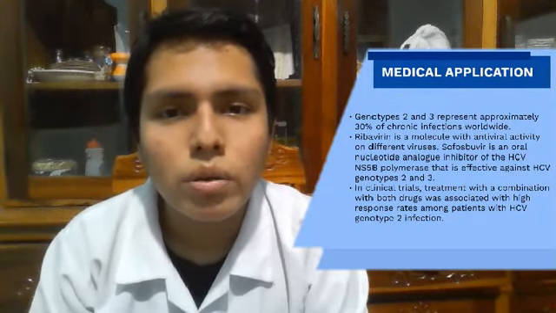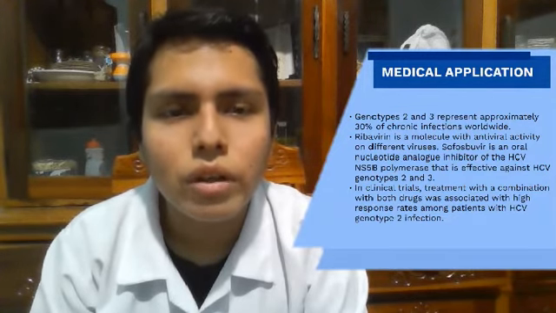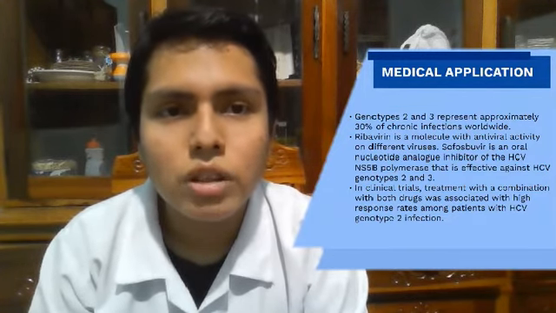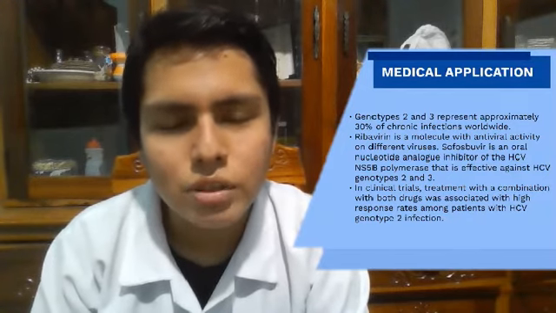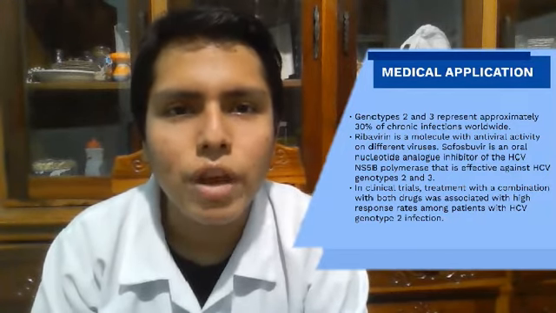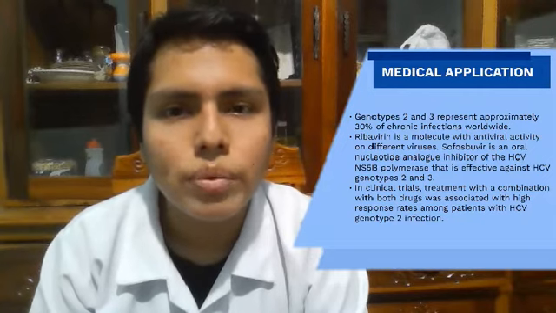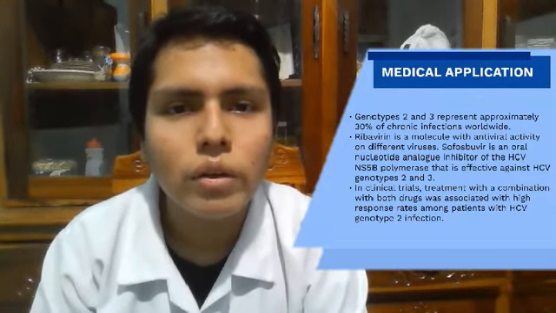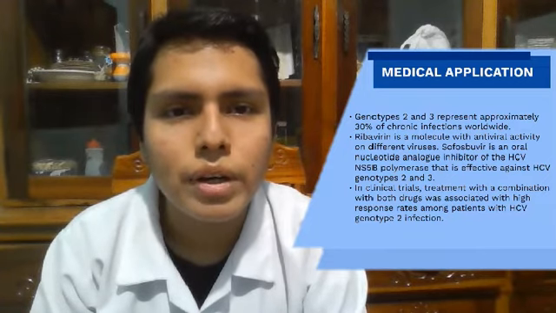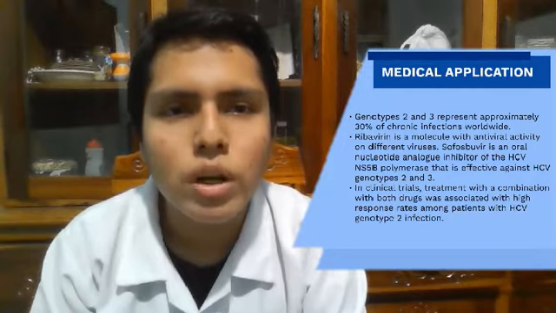Ribavirin is a molecule with antiviral activity on different viruses. It has found its place in clinical practice almost exclusively for the treatment of the hepatitis C virus. Sofosbuvir is an oral nucleotide analog inhibitor of the HCV-NS5B polymerase that is effective against hepatitis C virus genotype 2 and 3 when it is administered in combination with